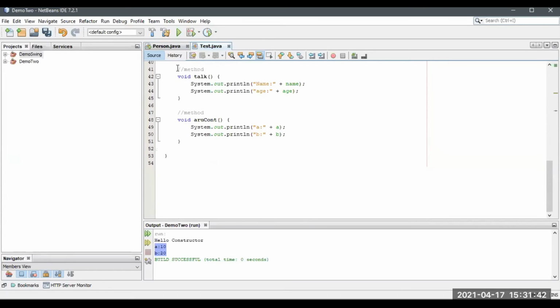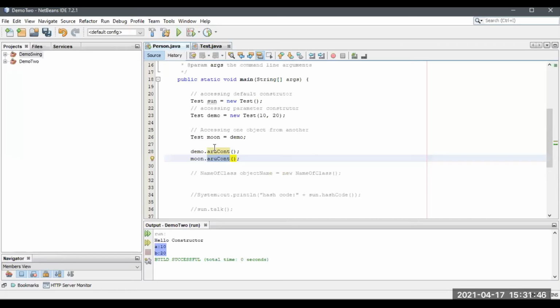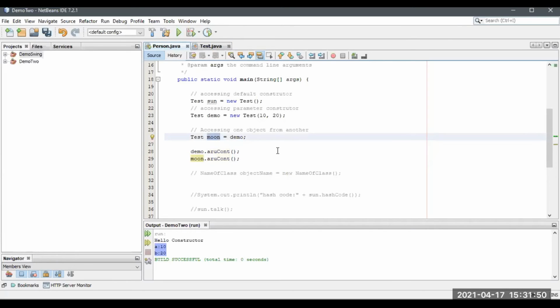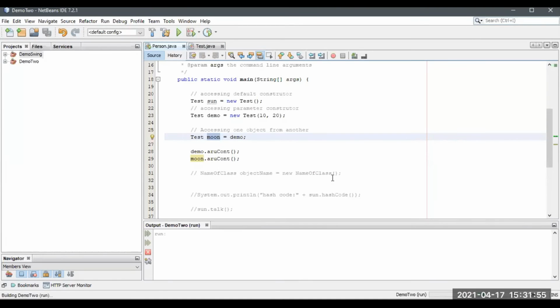Everything available, the methods inside the test class, I can access by using this object also. Okay, let me run this file. You will feel like, is it like this only? You see this? This is 8, 10, and 20.